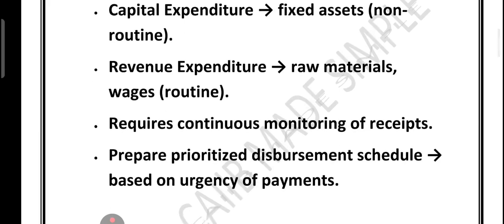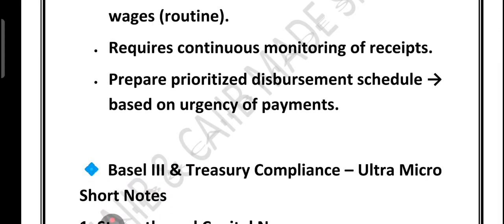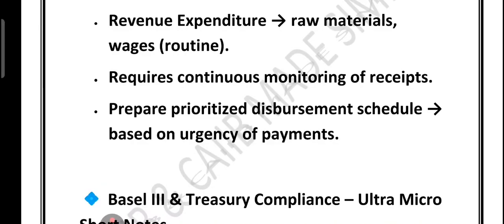And when we talk about revenue expenditure, see, receipts we have already talked about. Now we are talking in the context of expenditure. So revenue expenditure covers regular operational costs like raw material cost, wages, daily expenses. The treasury manager must continuously monitor the receipts and maintain a prioritized disbursement schedule, ensuring that payments are made based on urgency and importance. So ultimately, these three things help the organization use its funds smartly and maximize the profit